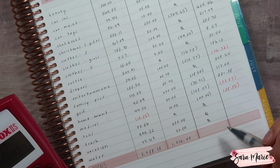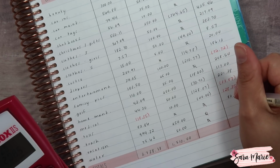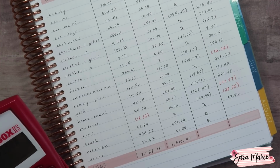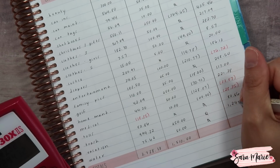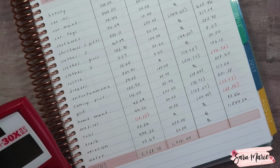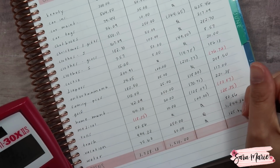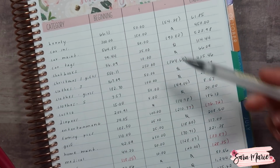Trash, we added nothing. We didn't take anything out, so we have $82.86. For vacation, we had $994.32. We added $250. So that brings us to a total of $1,244.32. And then for water, we had $75.62. We added 50, so that brings us to a total of $125.62. Okay, so now is the fun part where I will go through and add up all of the amounts